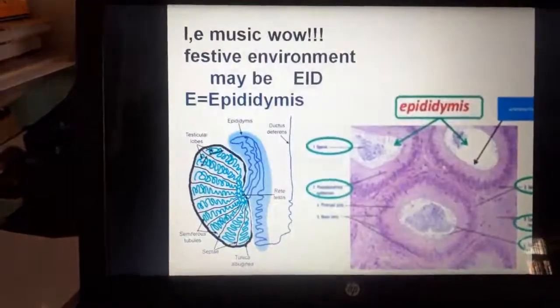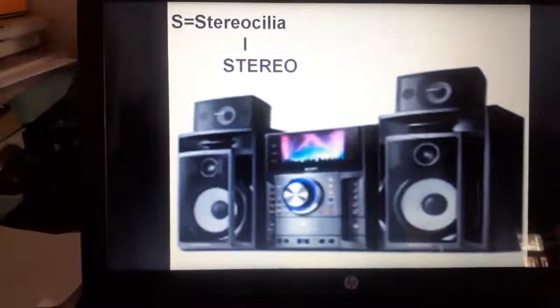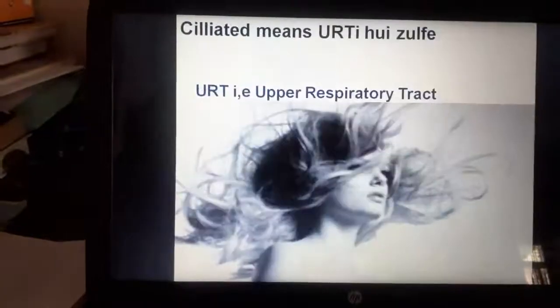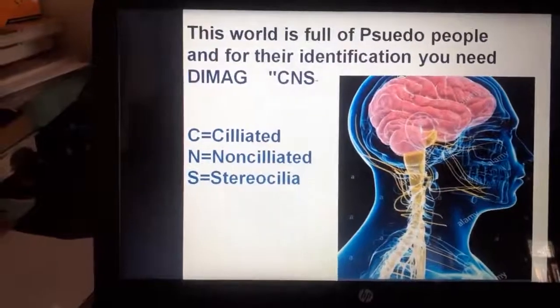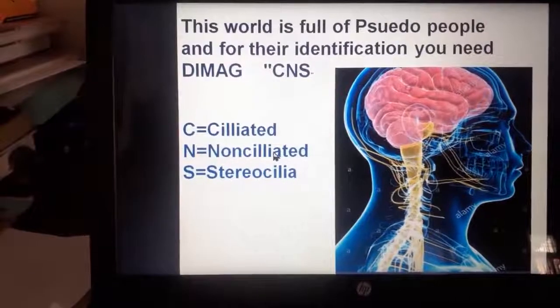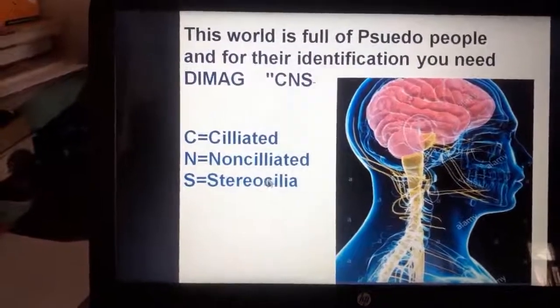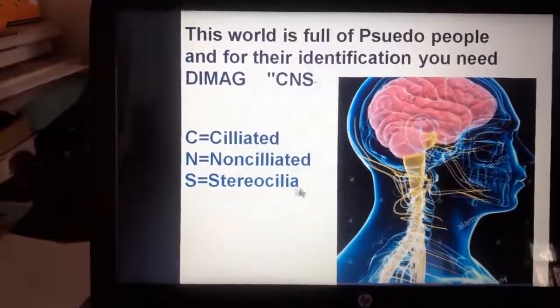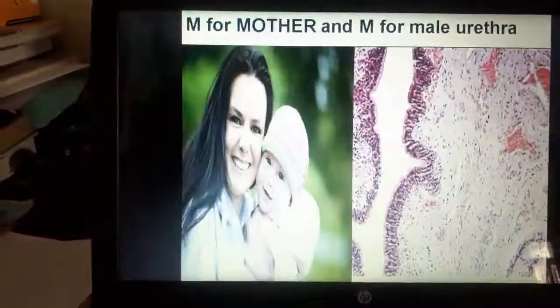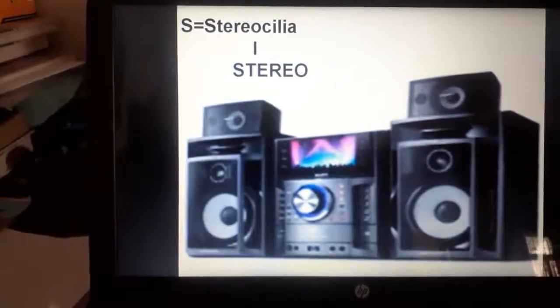Okay. Now the second one. Here is ciliated. The other variety is non-ciliated, which we have read. And the third one is the stereocilia. Okay. Now, an example of a stereocilia is, this is a stereo,